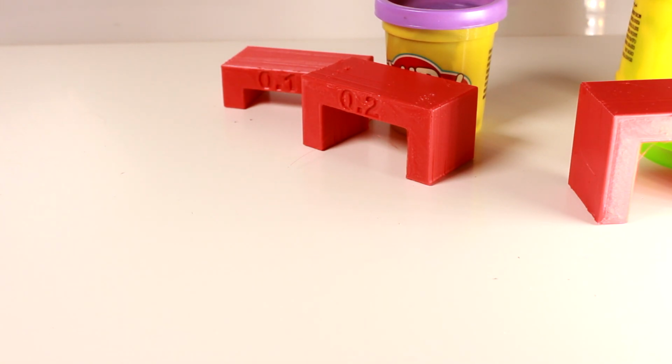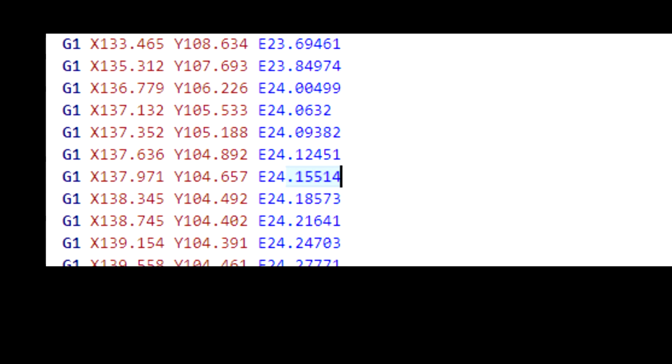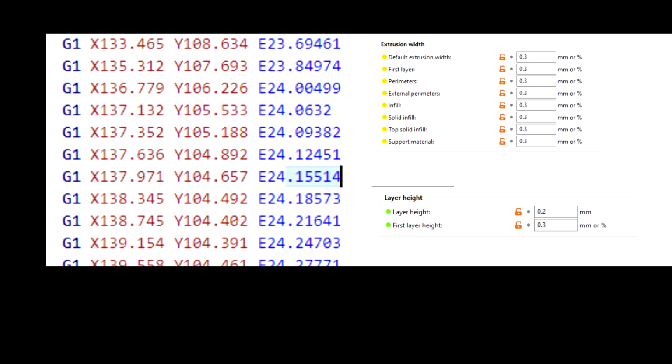All good so far, and I don't think there's any revelations at this point, but we have discovered that the amount of material extruded is literally one parameter, that E parameter. So how does that relate to line width and line height? Because we don't specify the flow rate in our slicer settings, not in that way anyway. We give height and width. So how does that work then? And I suppose a related question, what does nozzle size have to do with this?